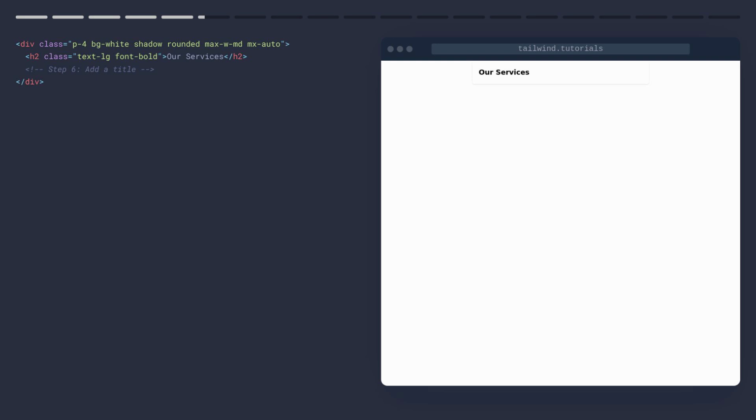Now let's add a title to our component using an h2 tag with text-lg and font-bold classes. We'll start a list of services by adding a ul element with a top margin using mt-4. Let's add our first service, consultation, inside a list item with a bottom border and vertical padding using border-b